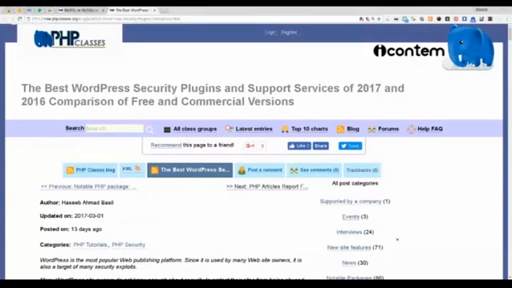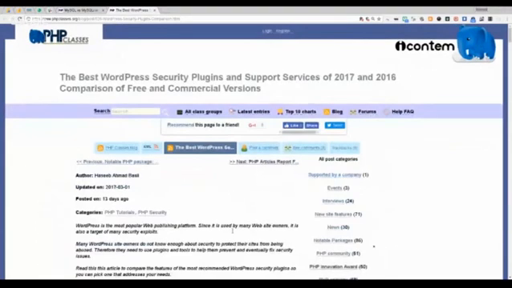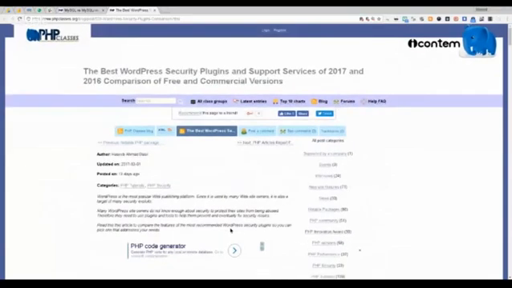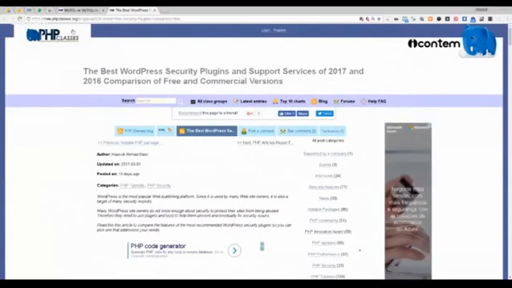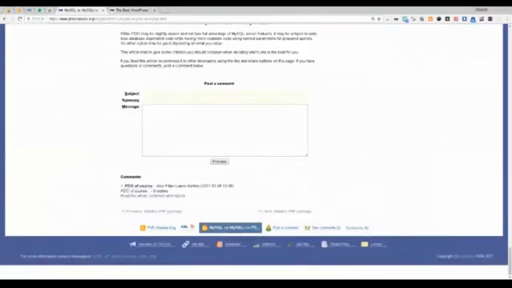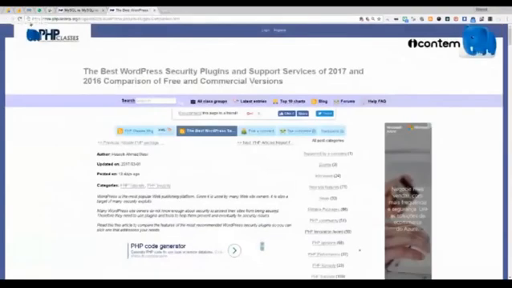I would like to comment on this article that is about security plugins for WordPress. It seems lots of people are somewhat not very well protected because WordPress is a target of many security attacks. So I'm going to show this article here. We already see it. Yes, but for some reason it doesn't seem to believe that I'm logged in. Okay. Anyway, the article is about